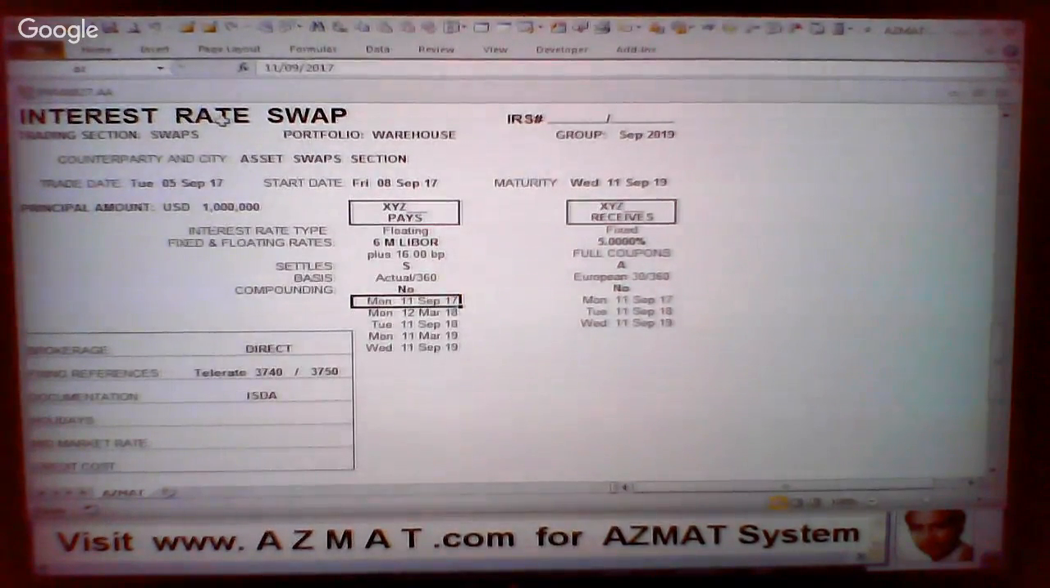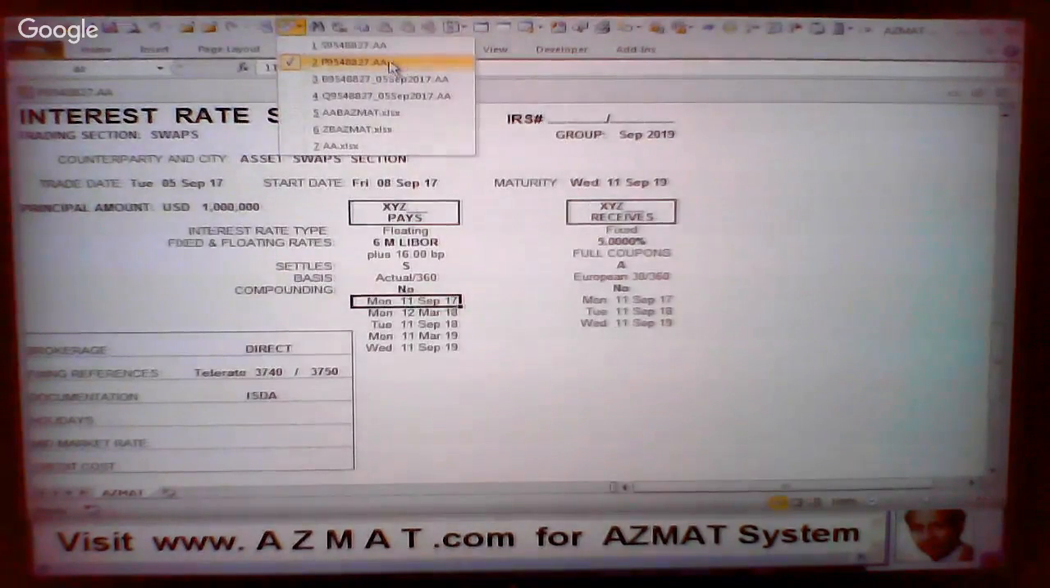The asset swap purchase tickets file is of the form P, and then it has a 7-digit number, for example P and 1, 2, 3, 6, 7. It's a 7-digit number, which is a transaction or deal number. So the current transaction deal number